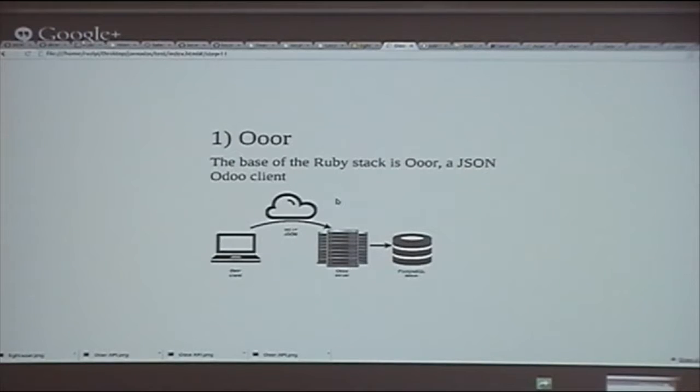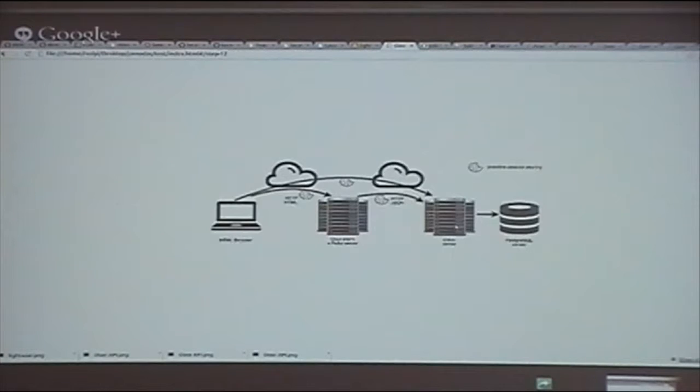It's pretty much the same. The only difference is that you are passing over the network, so it's slower. It's a problem of balance. But if you don't make too many requests, and it's quite smart in the way it's requesting Odoo, so it's not making